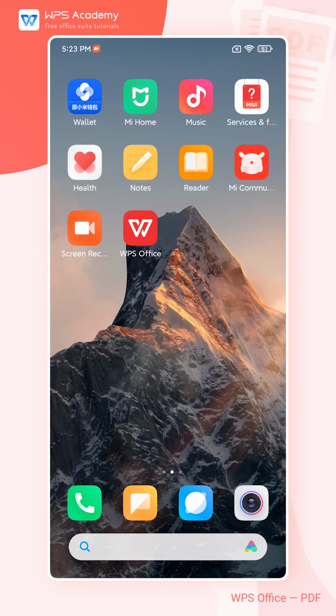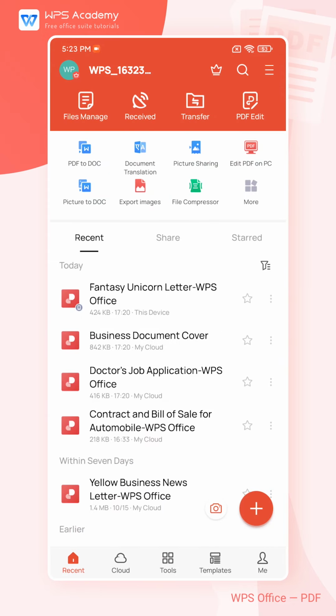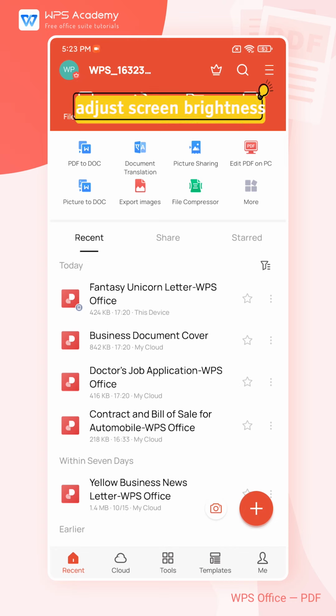Many people would like to turn on the auto brightness mode on the phone. In this situation, when we use WPS Office to read a PDF document, how can we adjust screen brightness just for the reading interface? We can quickly adjust the brightness with the PDF brightness adjustment function for a more comfortable